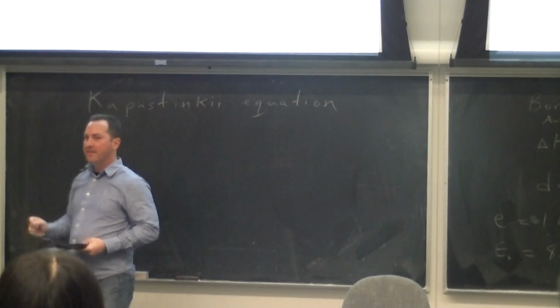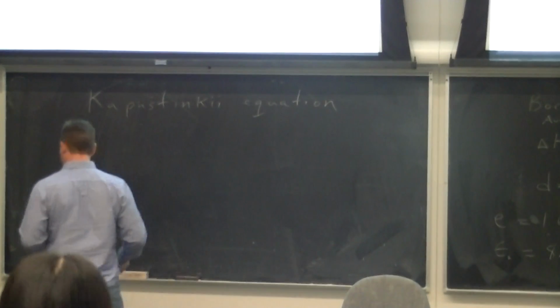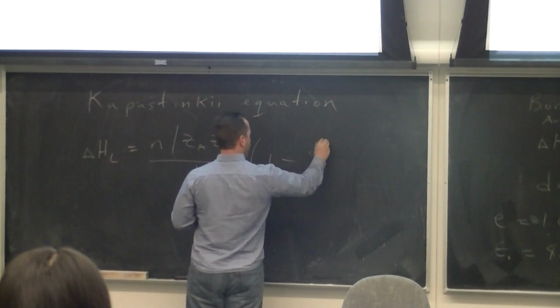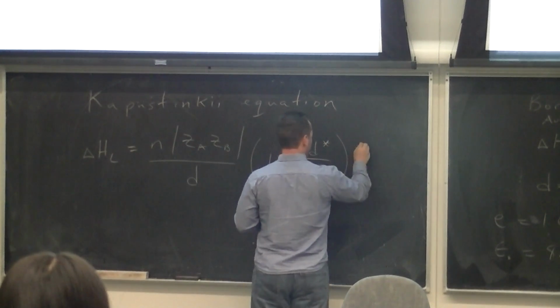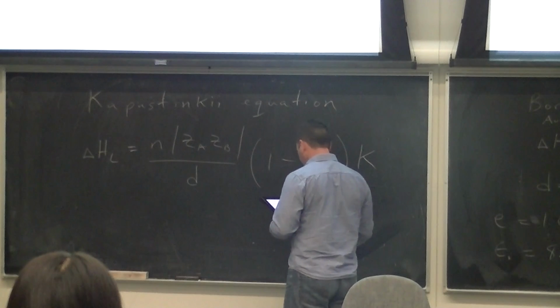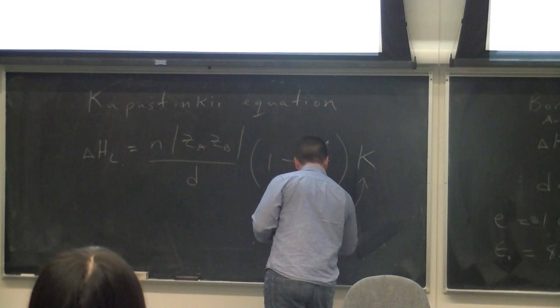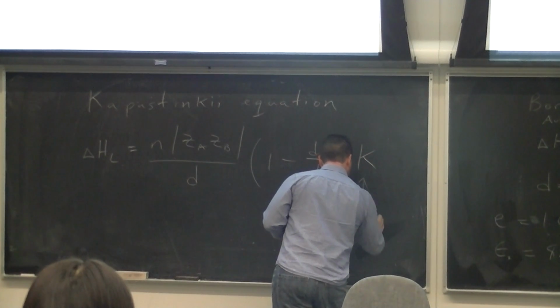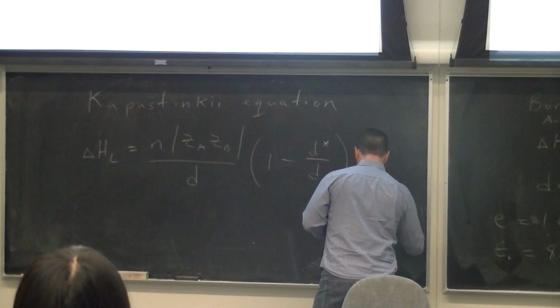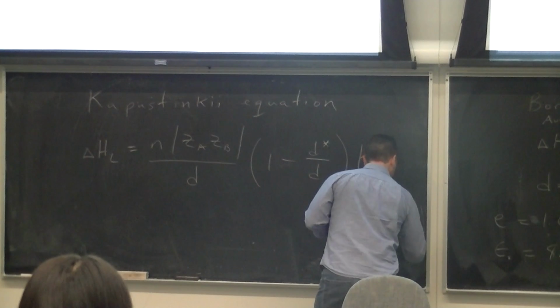And the Kapustinskii equation is similar to the Born-Haber equation, but instead... well, this is the Kapustinskii constant, which is equal to 1.21 times 10 to the 5 kilojoules picometer per